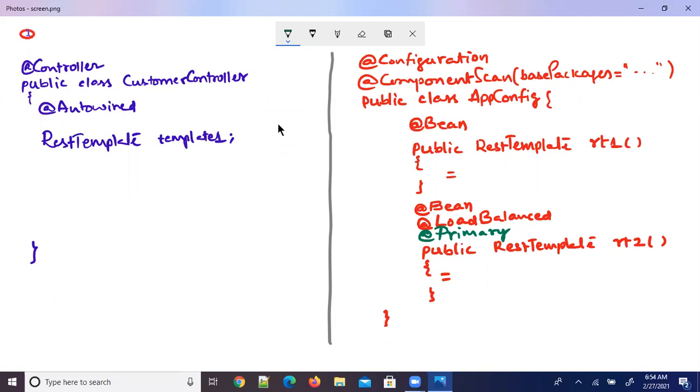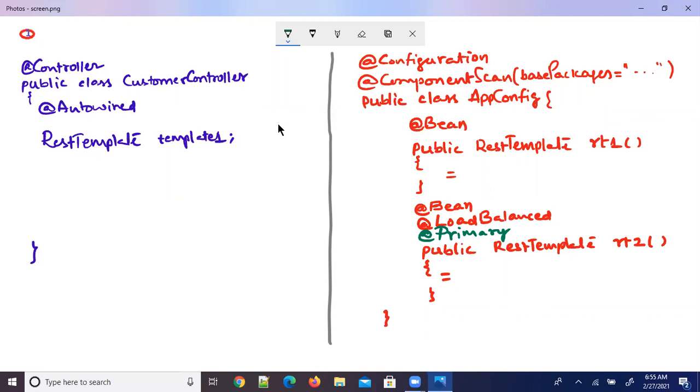So now which object is autowired? A RestTemplate object is autowired. Which RestTemplate object is autowired? The load balanced RestTemplate object is autowired. Because in ambiguity, now a bean with the @Primary annotation will have more priority. Now that is autowired.